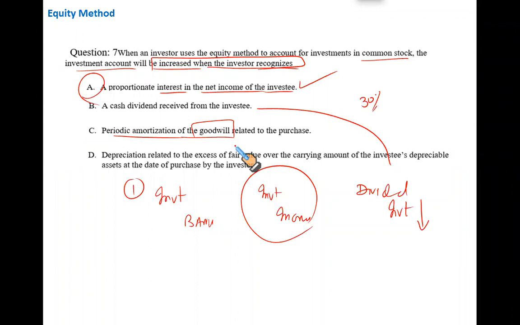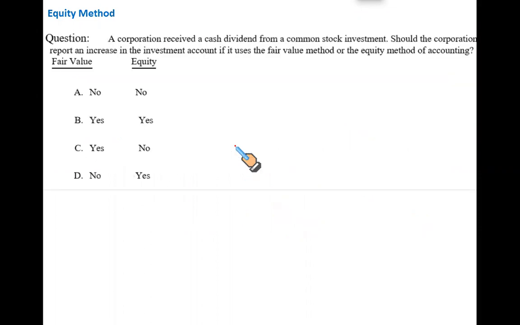As I said, consolidation will be just touched upon because this area requires just a little knowledge as far as the calculation of goodwill is concerned. Otherwise, it could be quite a long topic for proper professional accountancy qualification. Okay, next question. A corporation received cash dividend from the common stock investment. Should the corporation report an increase in the investment account if it uses fair value method